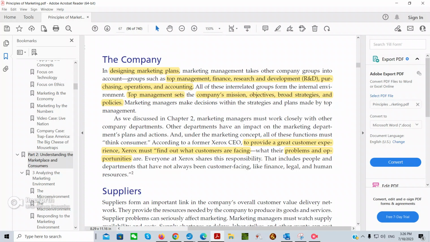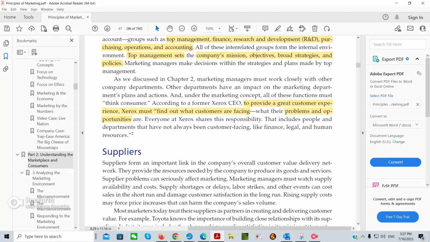Okay, so what we have to do is we have to have a big picture view of what's going on. The marketing needs the data from finance. The marketing needs to know what's legal to operate, and the marketing needs to be operated with the right procedures. That's legally when dealing with people working and doing this service internally as relates to human resources.